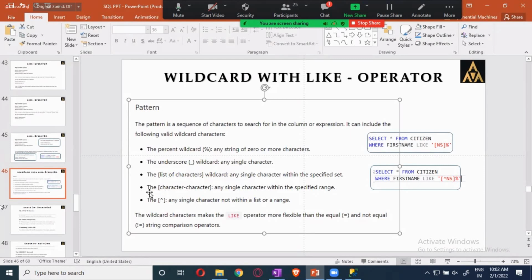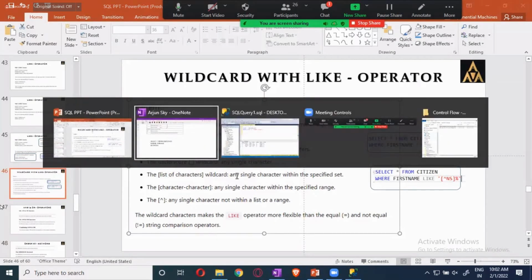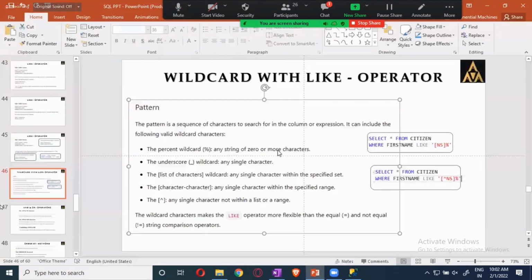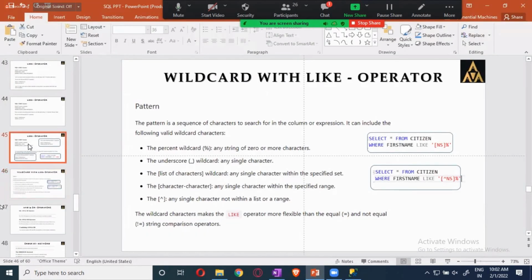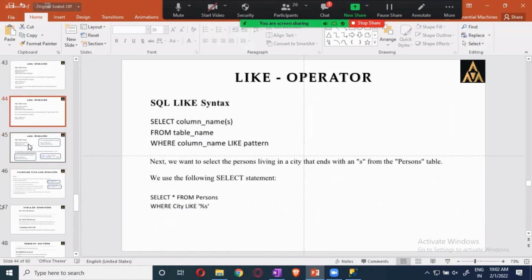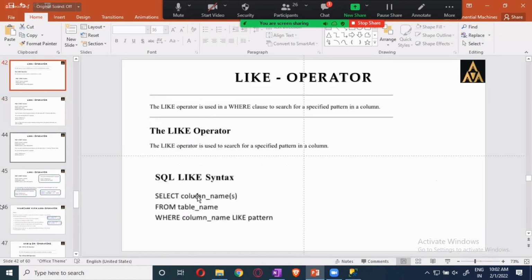Now when you give the caret inside the square brackets, that will act as a NOT. The same thing will be over here. Sorry, there are some more over here. These are the same, all of them. In the place of pattern, you can use NULL also, guys.